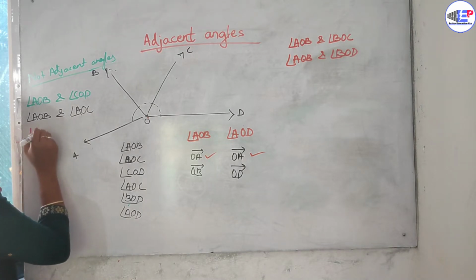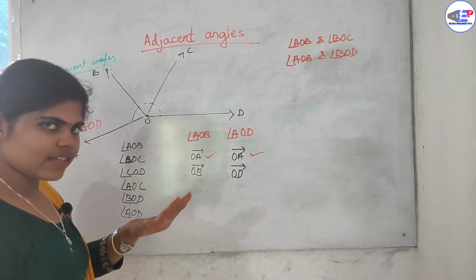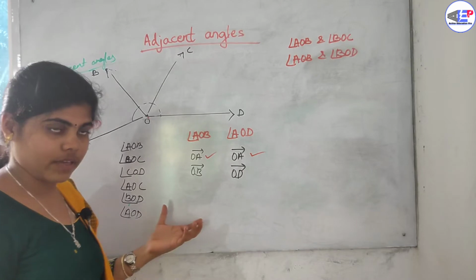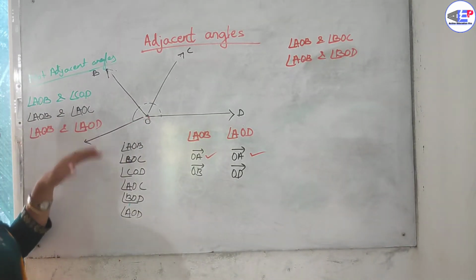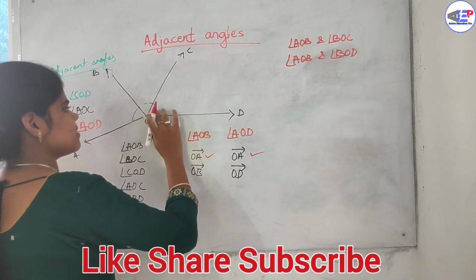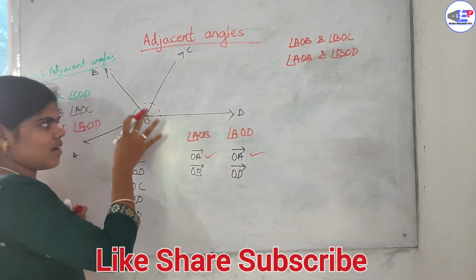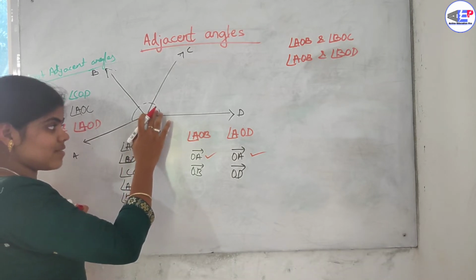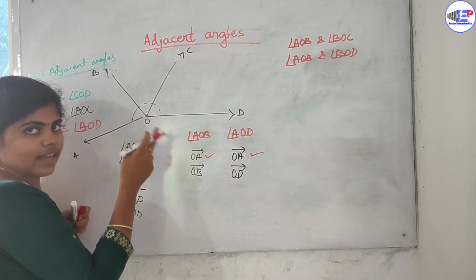Right here, this is AOB, and we will study later about the clockwise rotation and anti-clockwise rotation of angles. If you have a doubt regarding this pair of angles AOB and AOD, if you extend these rays, then OB and OD will be present on both sides of this common arm OA, but there are certain conditions for rotation of these angles, clockwise and anti-clockwise.